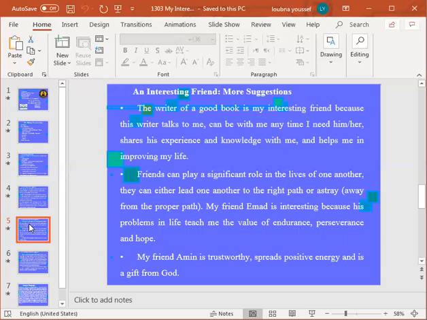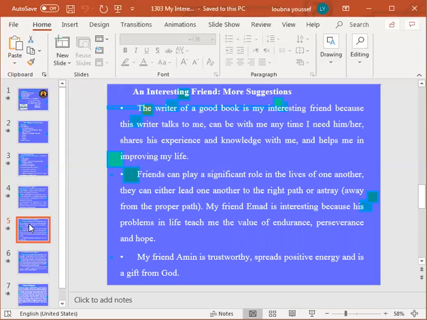So this interesting book and the writer of this book has experience and knowledge that they impart, that they give to the reader. And therefore, this person, from the point of view of this writer, is regarded as a friend and helps me in improving my life. This is number